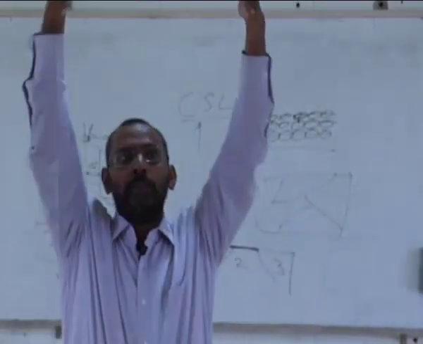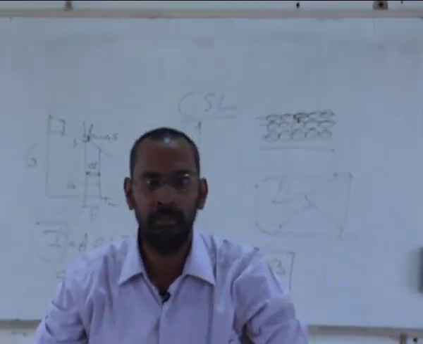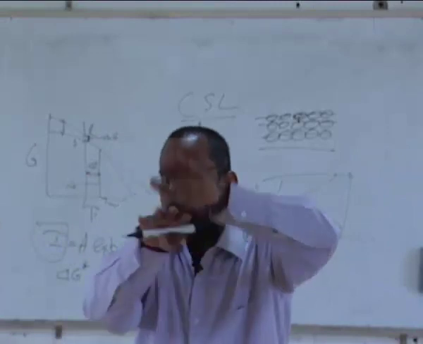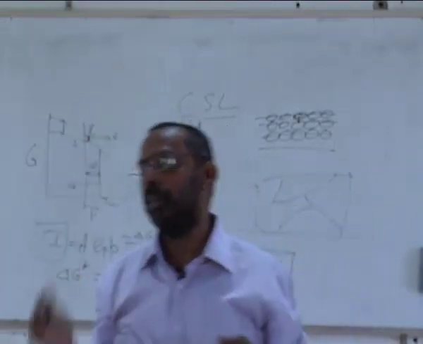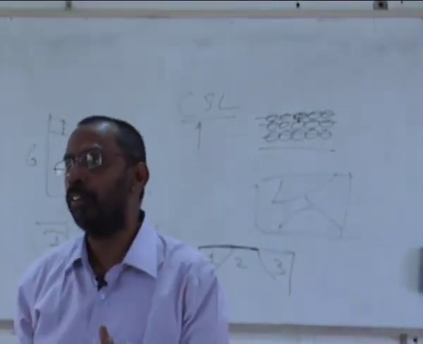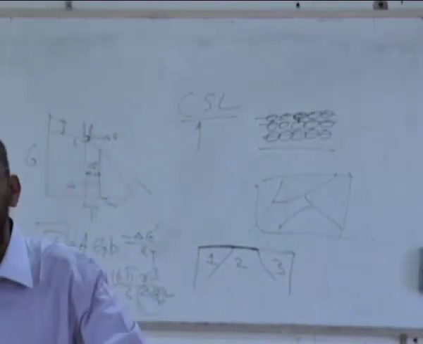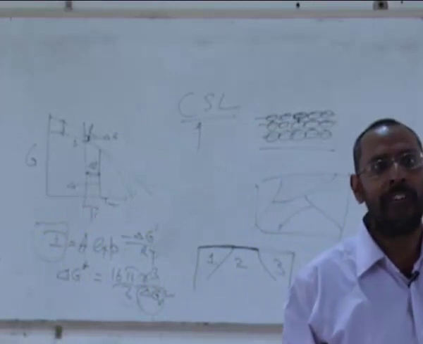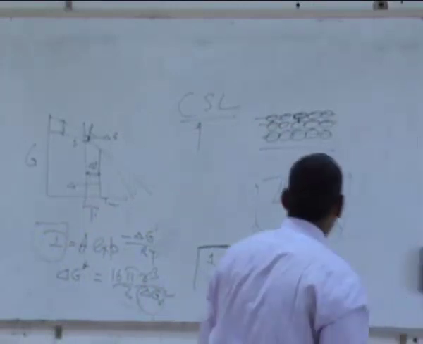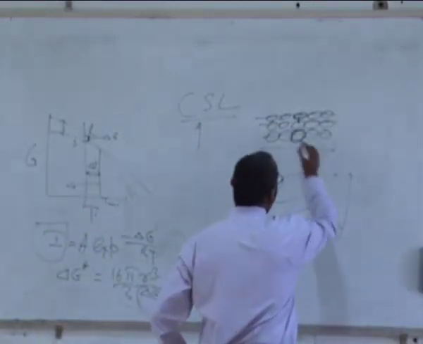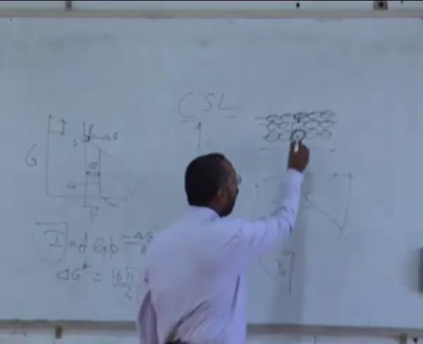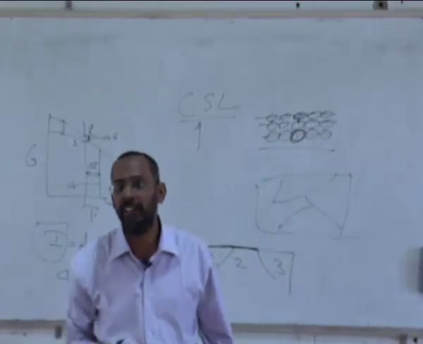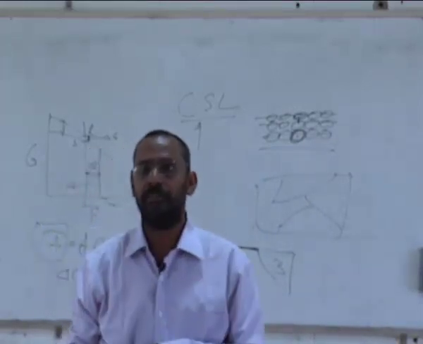Those 3 atoms above are not there now because it's a top surface. So you only have atoms in that plane and atoms below, but no atoms above. That means out of these 12 bonds, 3 bonds are broken. So this atom sitting on the surface will have a higher energy compared to an atom sitting in the center, inside the material, because that atom has all 12 nearest neighbors around it.